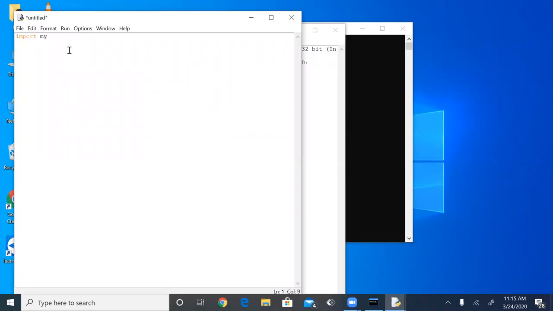Write the command. First import mysql.connector. After that, establish the connection by using the connect function.